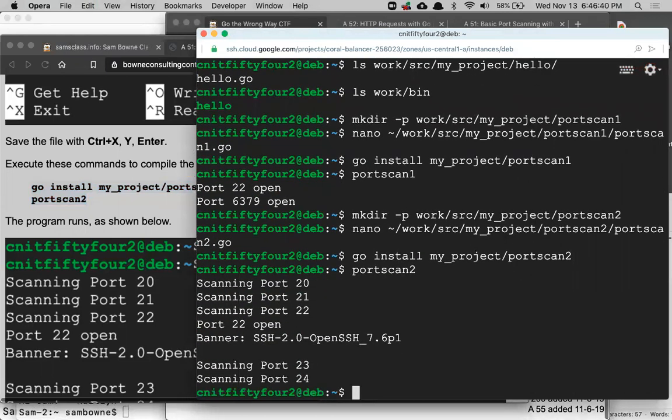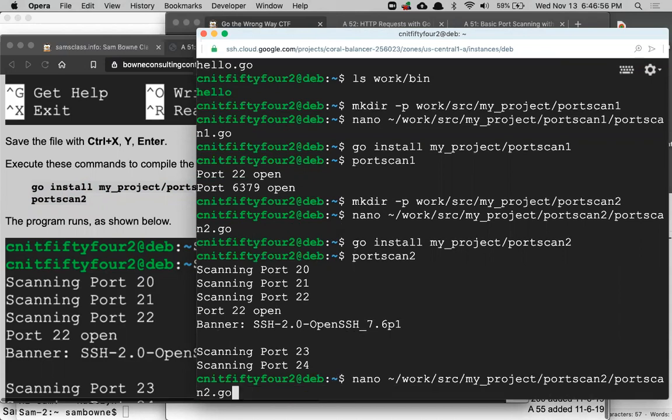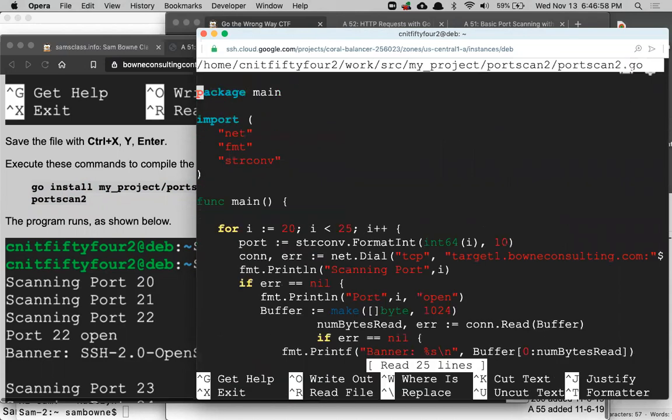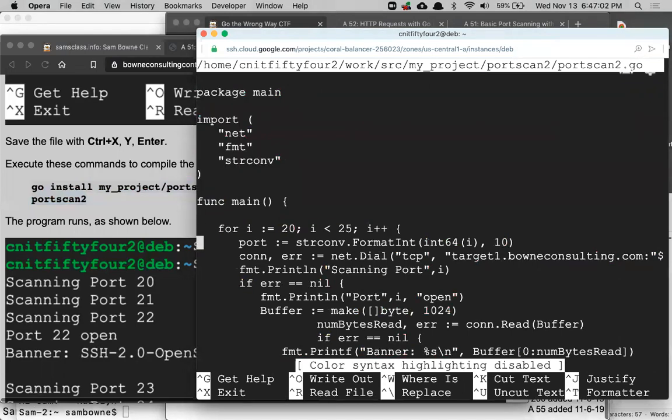And now it connects. So 20 and 21 are not answering, so it just does nothing. 22 is open, so it fetches the banner. 23 and 24 are not listening, so it runs this for. So that's fine. But what would happen if I went further? Let's just modify the same file. If I go back to here and I try going up to, say, 30, let me get rid of the colors to make it easier to see. So if I wanted to go from 20 to 30,